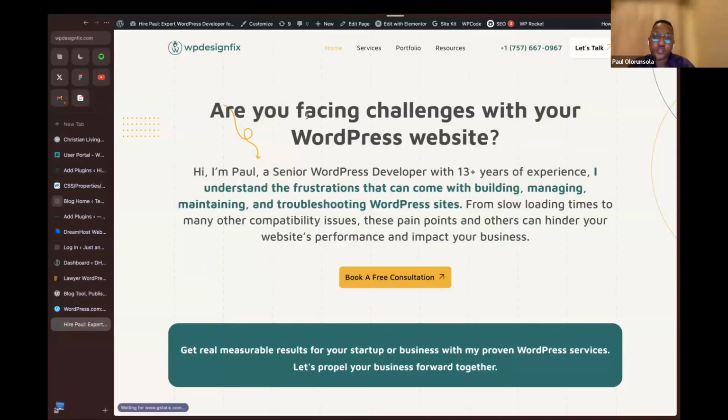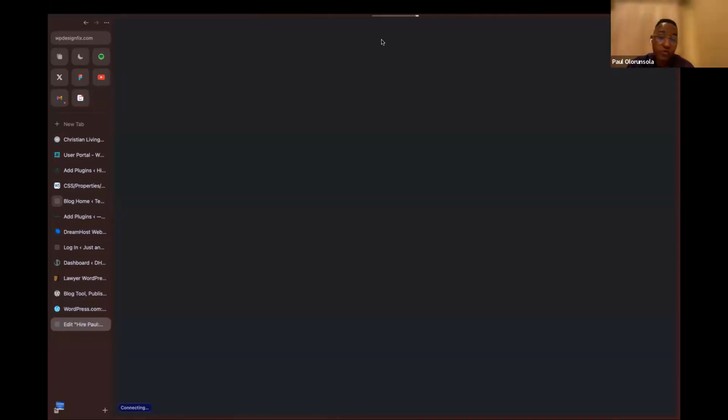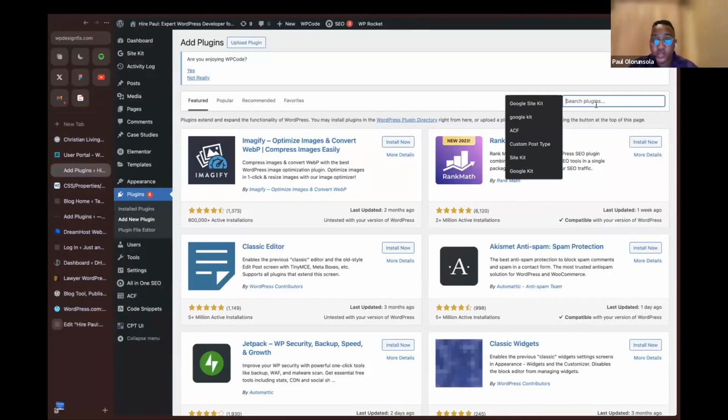All right, if you want to use Elementor with the WP Form, very, very easy. All you need to do is just link the form on Elementor, and that will work. It will work perfectly. I'm going to show you that. So while waiting, let's